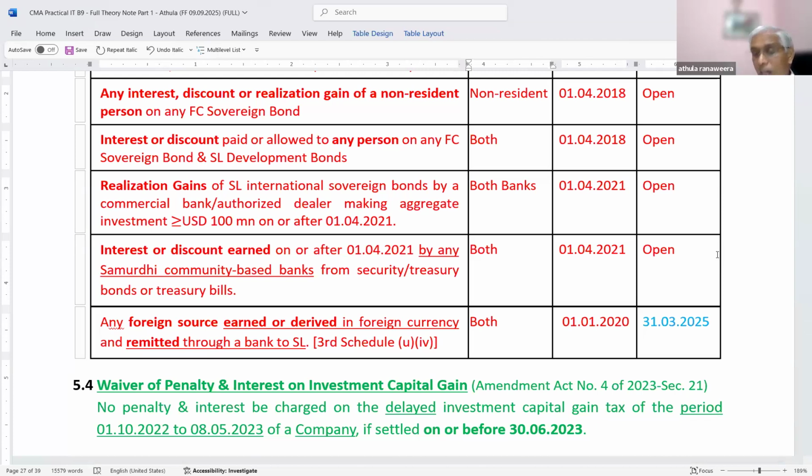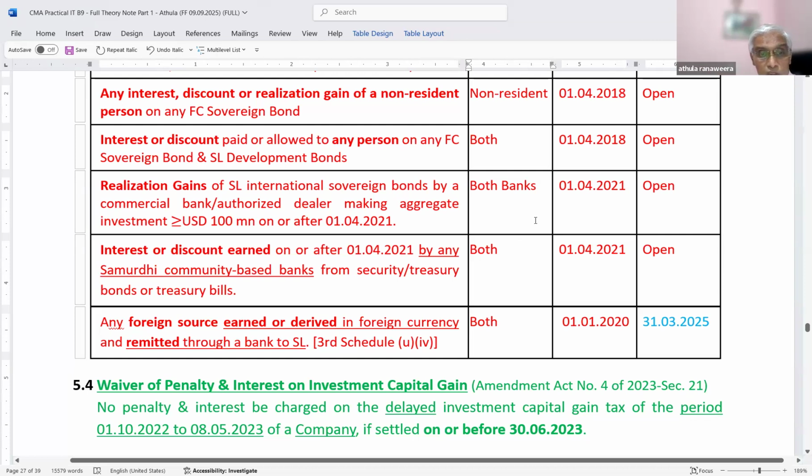One is to help the Samurdhi Development Bank to come up. But the main reason is not that. Government thought that Samurdhi Development Bank might misuse money and ultimately the depositors will be in trouble. To secure the deposit up to a certain level, they promoted this Samurdhi Development Bank to invest part of their portfolio with the government. Then the government can repay a percentage to the depositors. That is the main idea behind this.